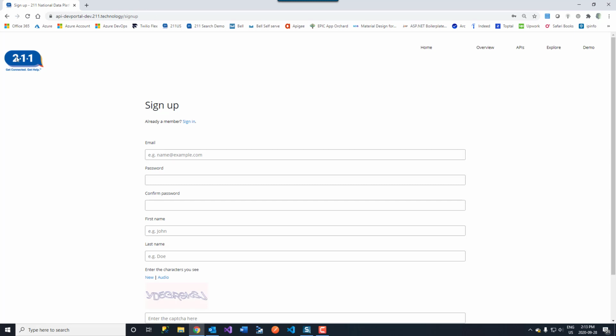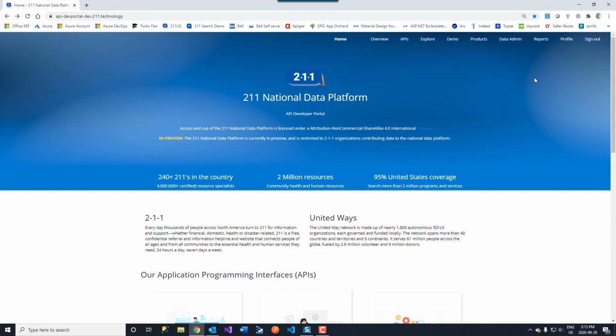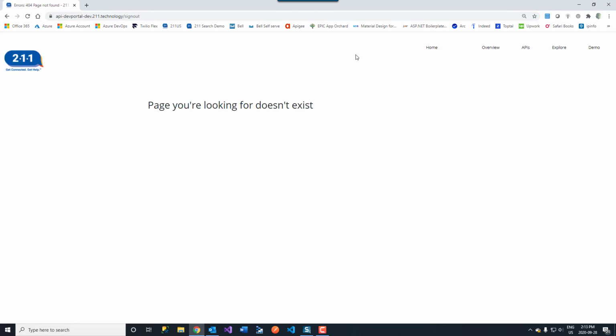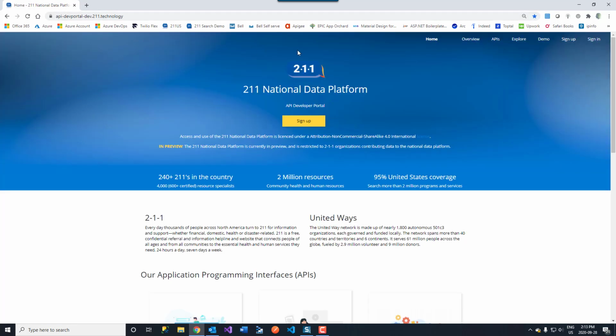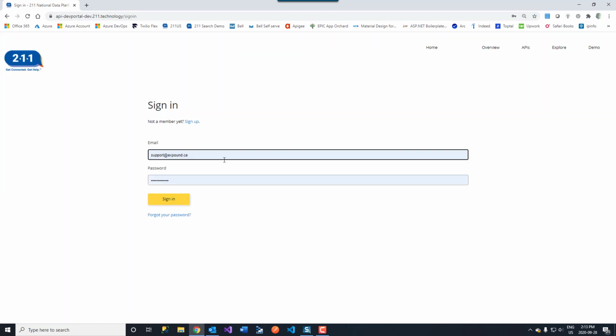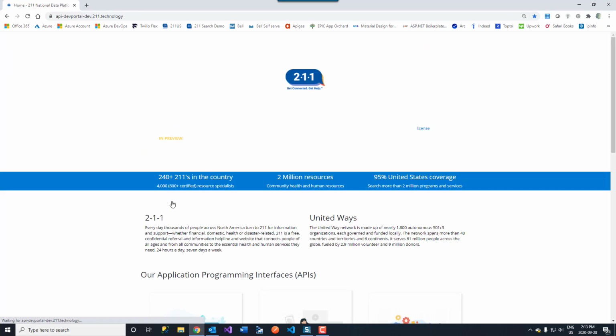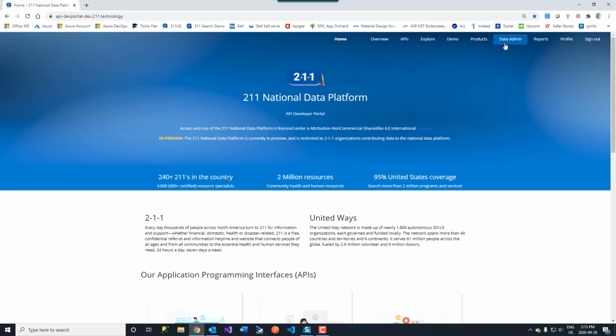I've already done that process, so I'm going to now demonstrate what the sign-in looks like for a new user. So I'll come back to the main page, the API Developer Portal. You can see that I am not currently signed in. So I'm going to go into the sign-in page. You can see that I have set up an account associated to the email support at expound.ca, and I'll go ahead and sign in. So you notice that after we have signed in, we have a number of additional menu